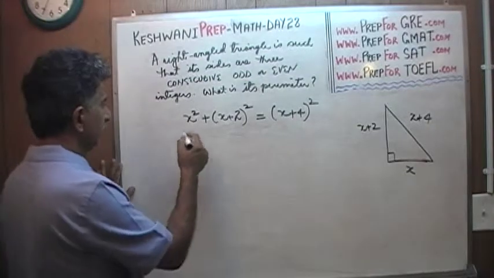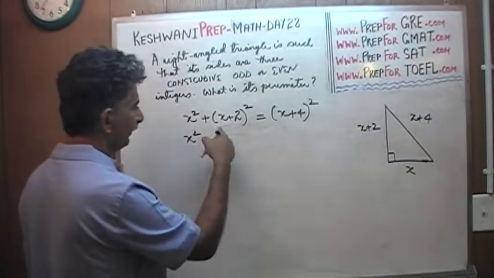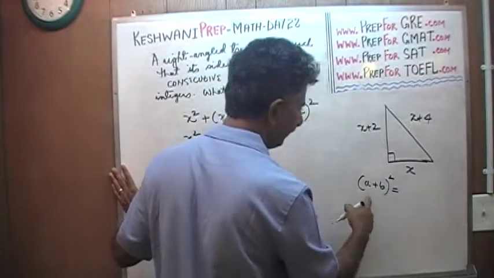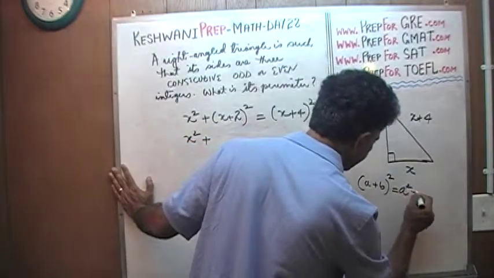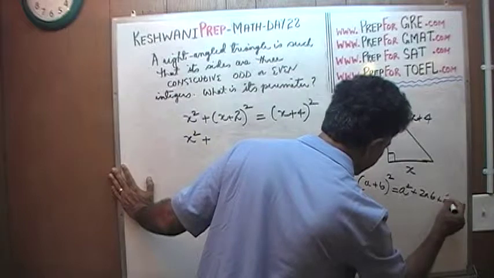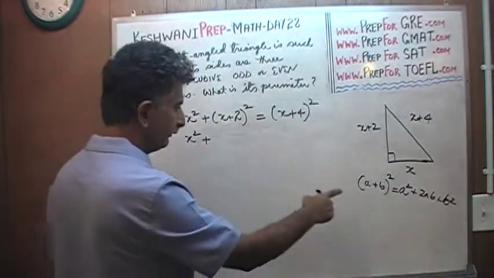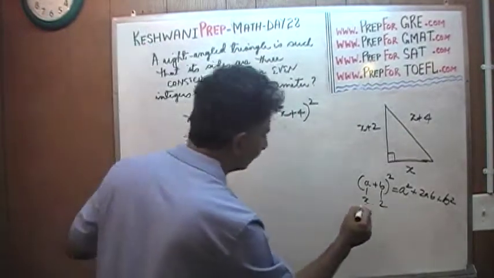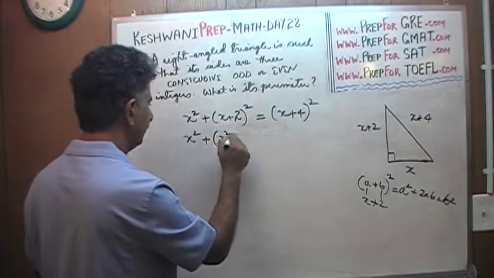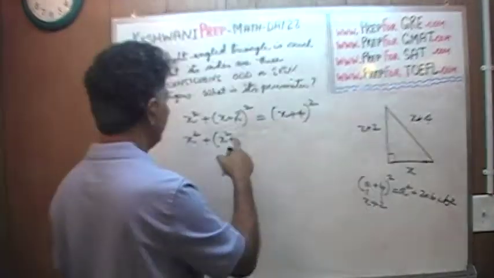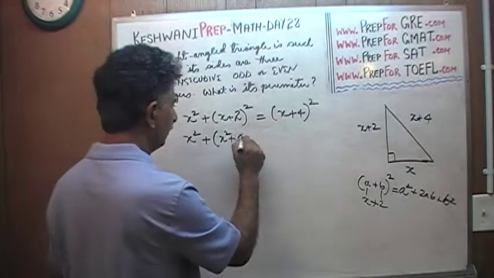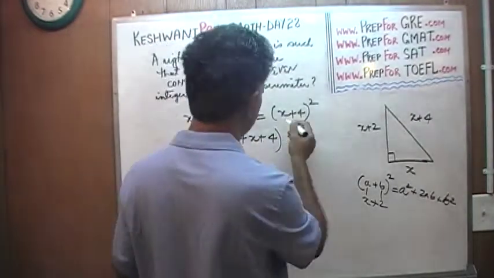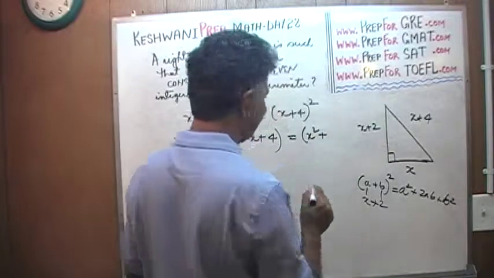So let's continue then. So this is just x squared, and when we open this thing, it's just a plus b whole squared. That's how it's read, a plus b whole squared, which is a squared plus 2ab plus b squared, which is what we're going to do here. Here our a is x, and our b is 2, x plus 2. So x squared plus 2 times a times b, 2 times x times 2 is 4x, plus b squared, which is 2 squared, which is 4, and that has to equal this guy, x squared plus, I'm running out of room here,